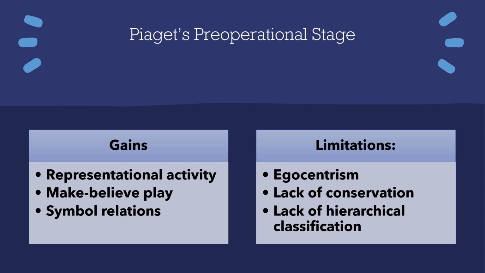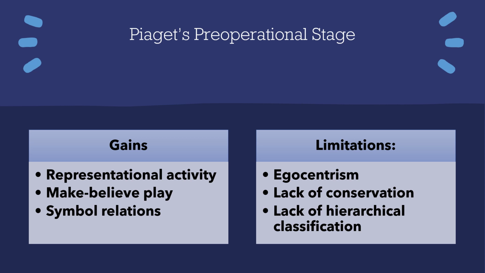They also have some logical limitations. So they lack what's called conservation. Conservation is basically the ability to understand that objects carry certain physical properties that don't change even if you change the appearance of it. Some of the ways they test this idea of conservation is they might have a glass that's really tall and skinny, and then another glass that's really wide. And they'll take this one, full of however much liquid, and pour that liquid into the other glass, with the child watching all of this happen.